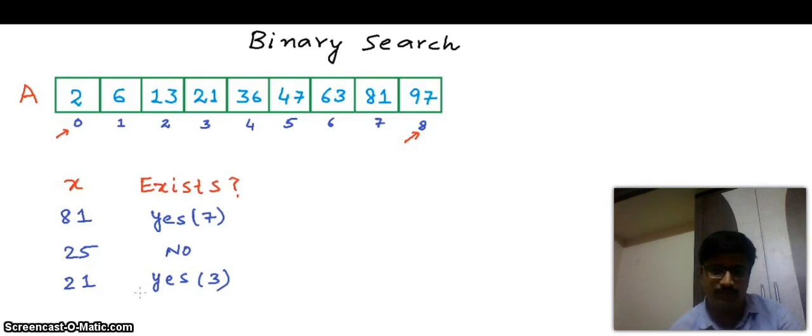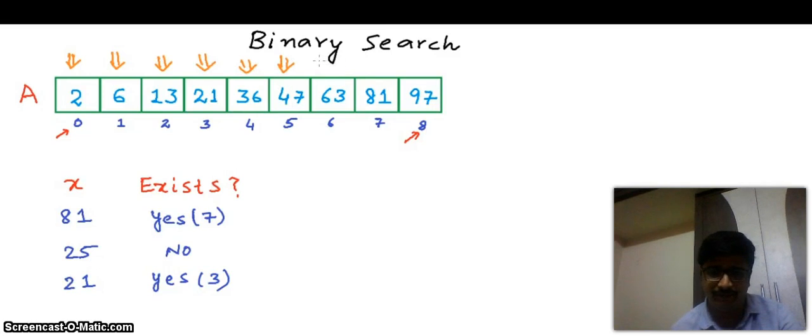One simplest approach can be that we scan the whole array to find the desired number. So we start at index 0 and compare these elements with x. If it is equal to x, then we are done with our searching. We have found the element in the array. If not, we go to the next element, and we keep on comparing with the next elements until either we are finished with the array or we find the number.